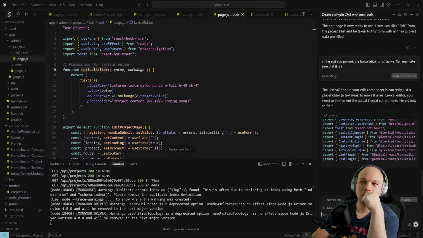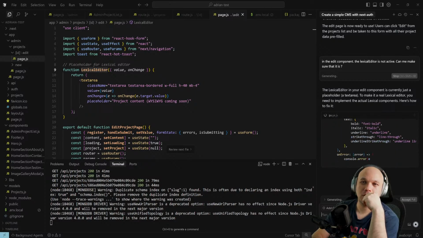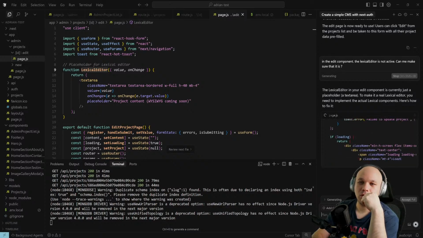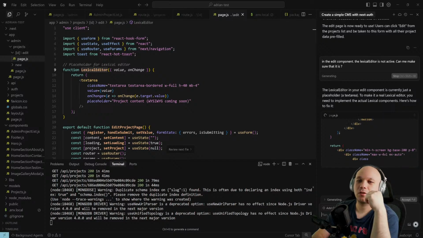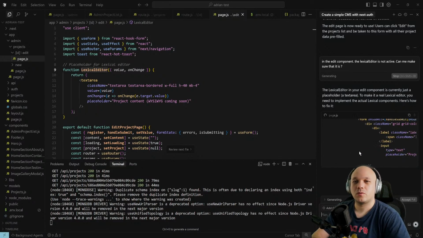The editor is currently just a placeholder, a text area. To make a real lexical editor, you need to implement the actual component. Here is how to fix it. Why are you generating me the full project again when you can just